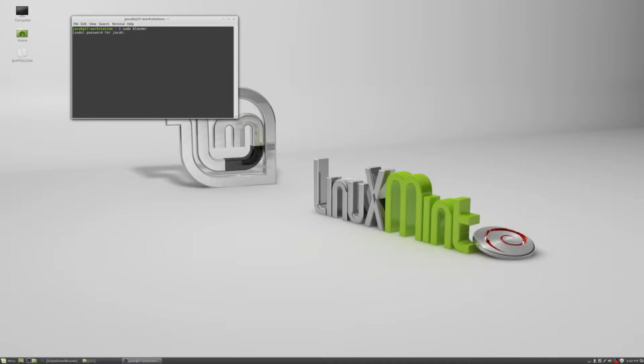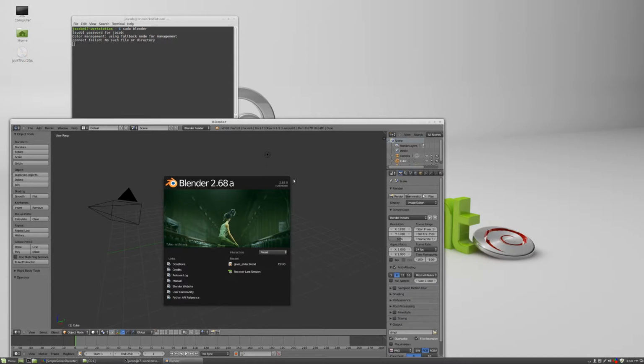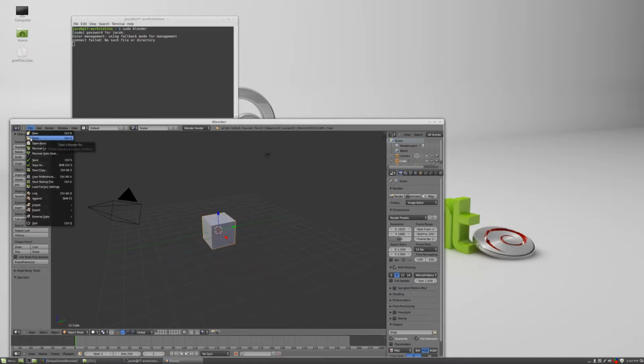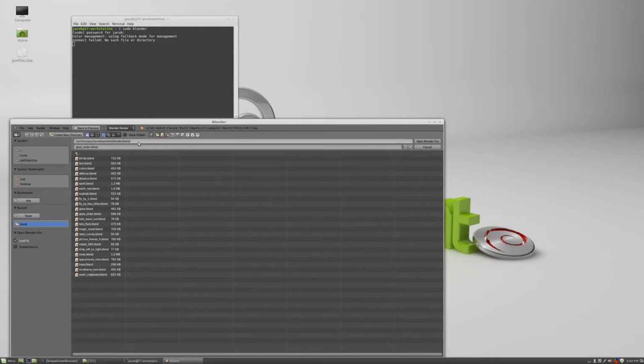So we're going to open Blender as a root user. Now, you do need to do it as a root user. You cannot just open it. I'm sorry, you just can't. So what we're going to do is open up a folder, and this folder, at least for me, the one that works, is